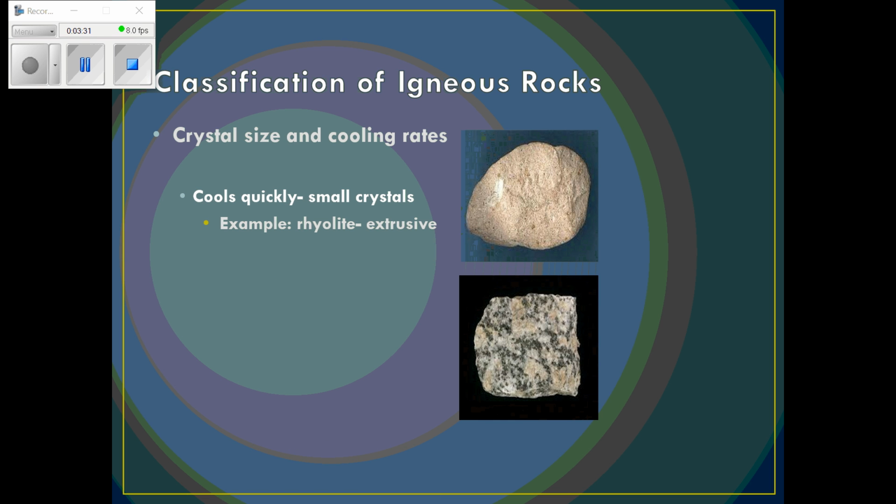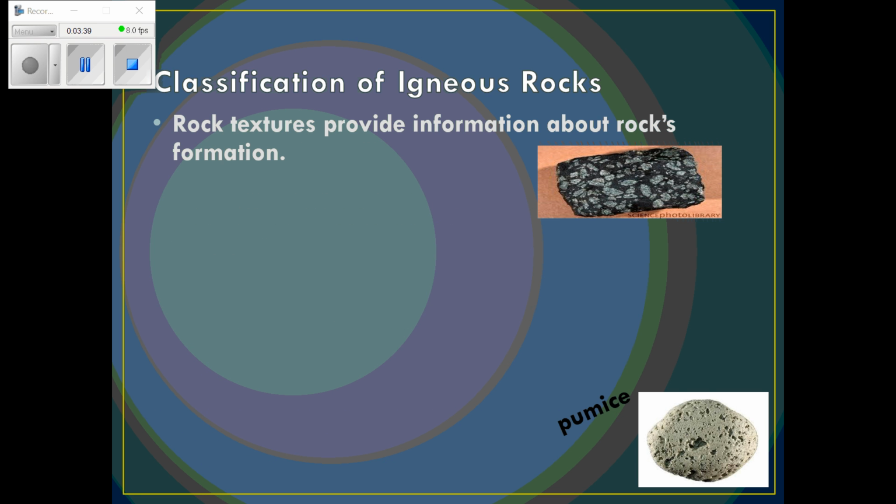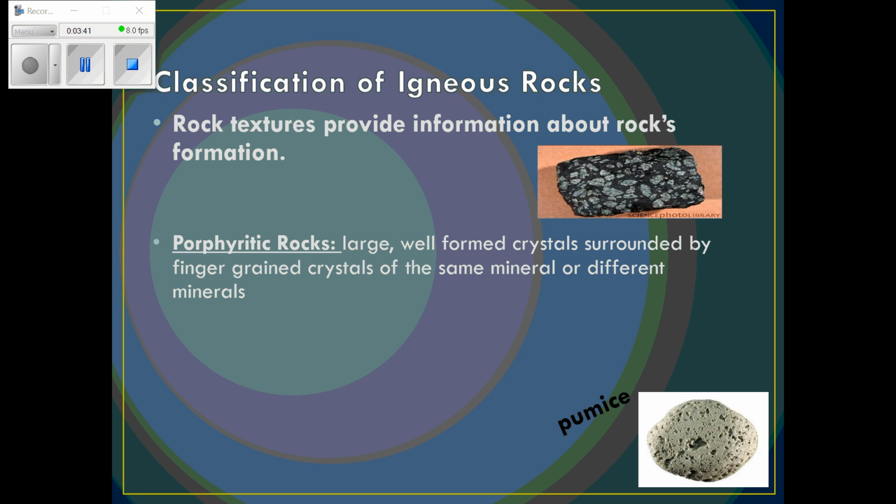So again, if it cools quickly, it's going to be small crystal, for example, the rhyolite. And then if it cools slowly, it's a larger crystal. We have two other rock textures. One is called porphyritic. That's when we have a large, well-formed crystal surrounded by